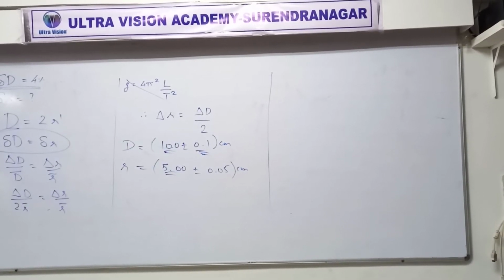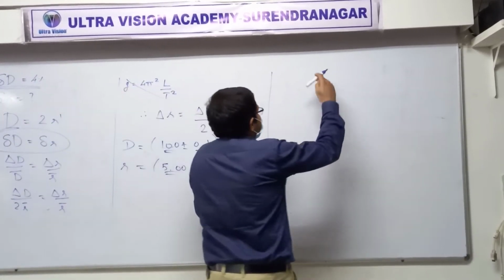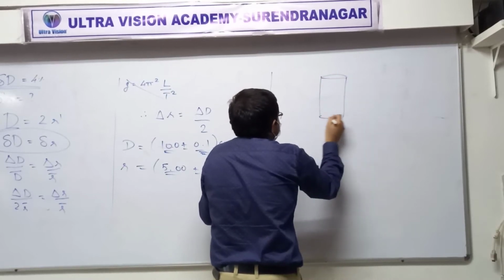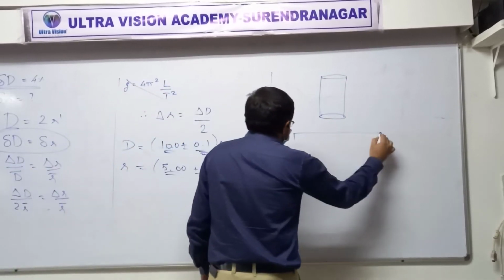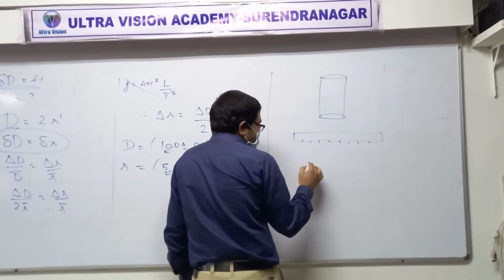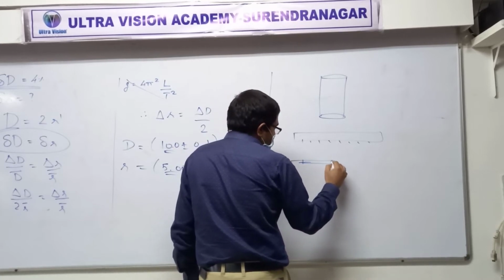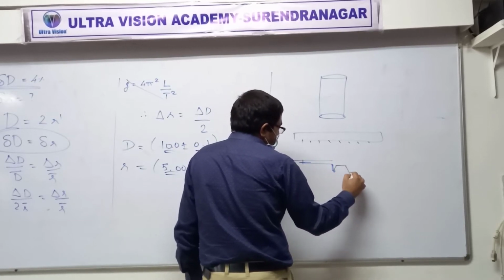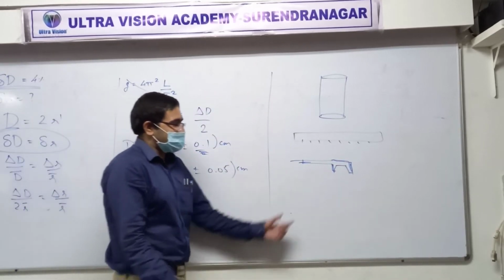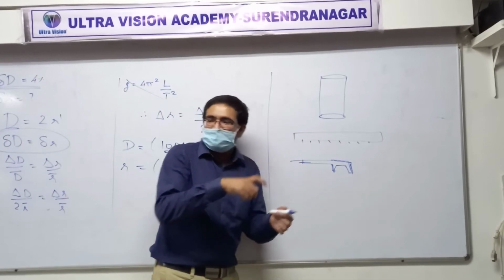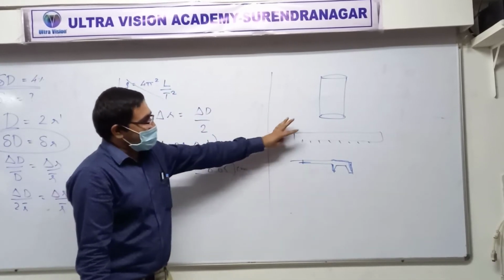Now, given that length is 5.0 centimeter and radius is 2.00 centimeter, find the percentage error in the calculated volume. So, what are we doing with all this? There is a cylinder that someone has handed over to us. Here's the cylinder. Along with it, someone has also given us a ruler, and someone has given us the vernier caliper. It actually looks something like this. These are the jaws. You can bring them close and you can measure. So we are given these things.